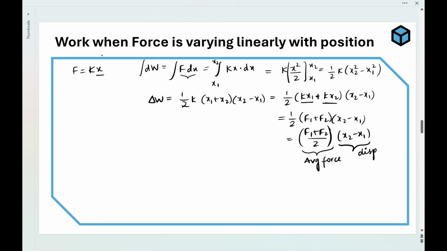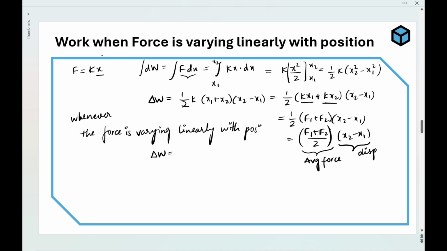So whenever the force is varying linearly with position, then the work done by that force is nothing but the average force